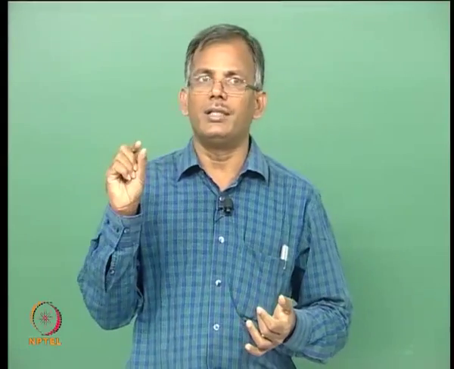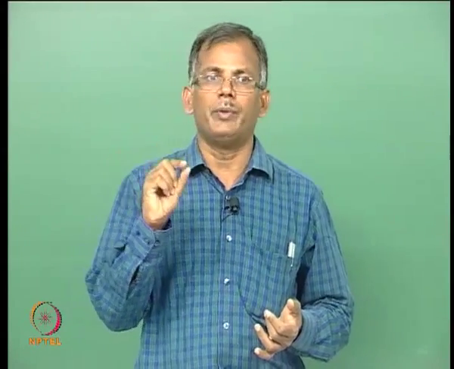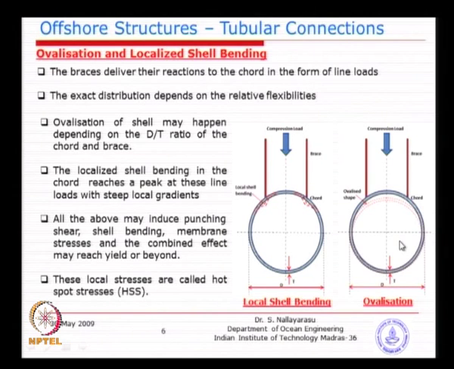You cannot isolate a thickness and say whether it is too small or too big; it all depends on the slenderness of the section itself. So, with a larger diameter, a bigger thickness also becomes slender, and with a smaller diameter, a smaller thickness can also be very stiff. So, the D by t ratio, the diameter to thickness ratio, is an important parameter rather than just the wall thickness. If you look at the right side, because we made the wall thickness thicker, you can see that instead of locally failing, the overall pipe is getting ovalized, something similar to an ellipse. So, that also can happen depending on the relative stiffness of the brace and the chord.